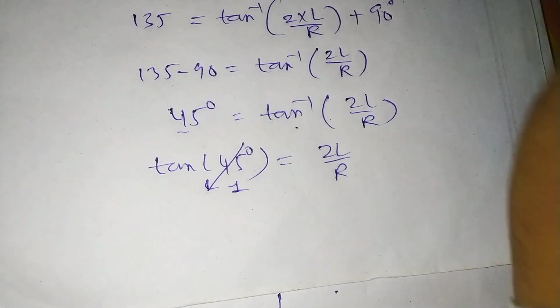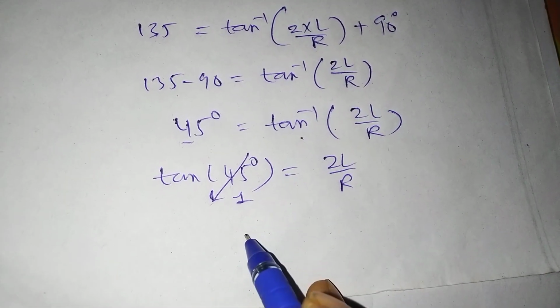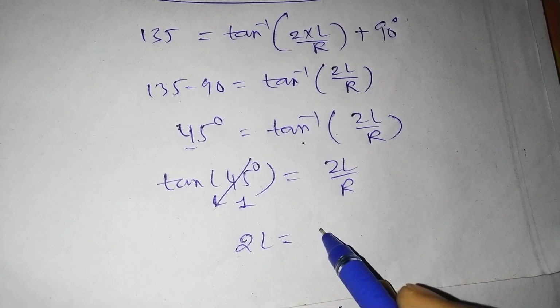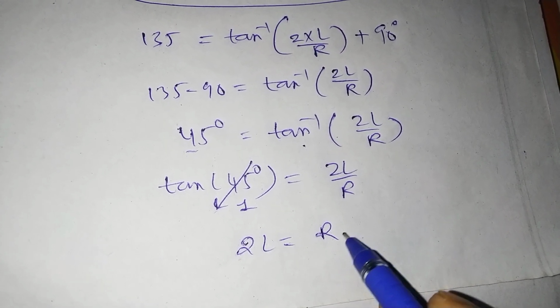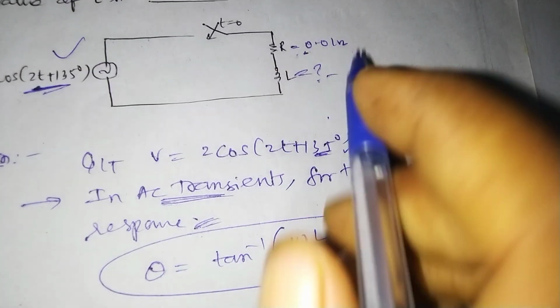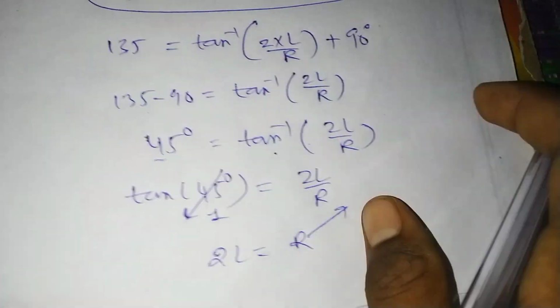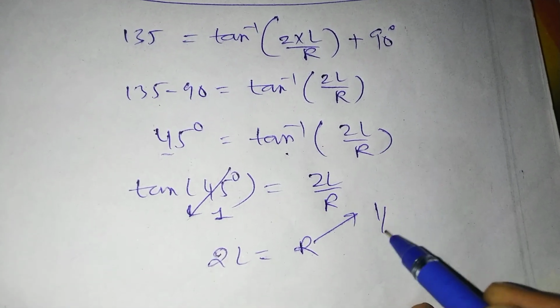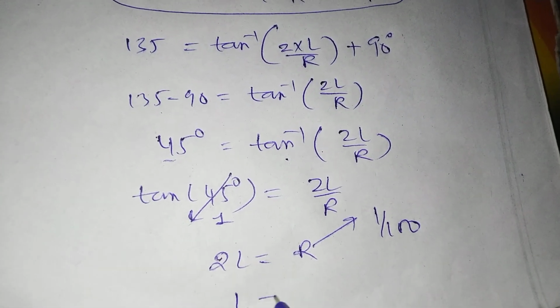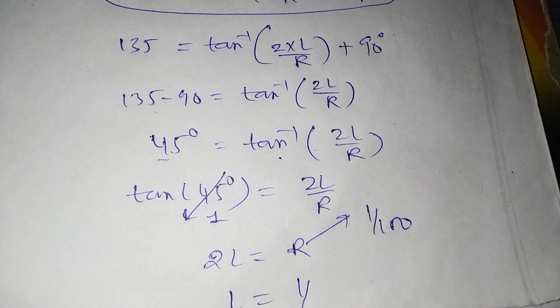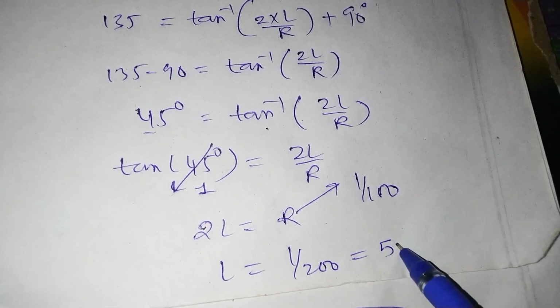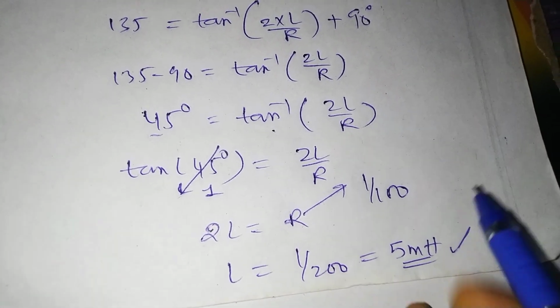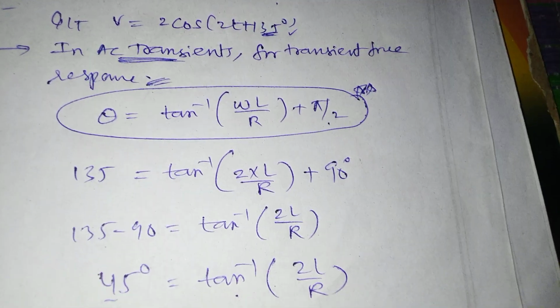By cross multiplication, 2L equals R. The given R value in the question is 0.01, that is nothing but 1 by 100, right? So L equals 1 by 200, that is nothing but 5 millihenries. This is the answer. Very important question. Thank you. We go for